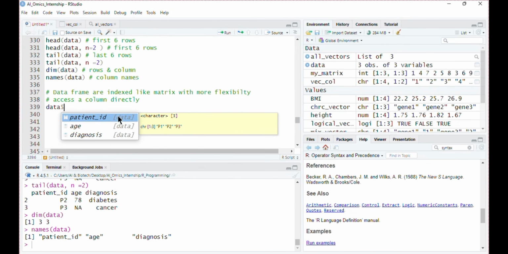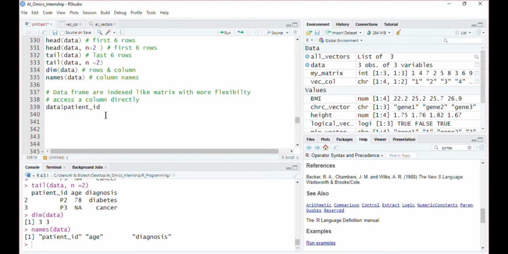So in this way you can access any specific column of your data set. You can also access by using indexing. Like if I want the data values from row number 1 and 3, column number 2 and 4 of our data.